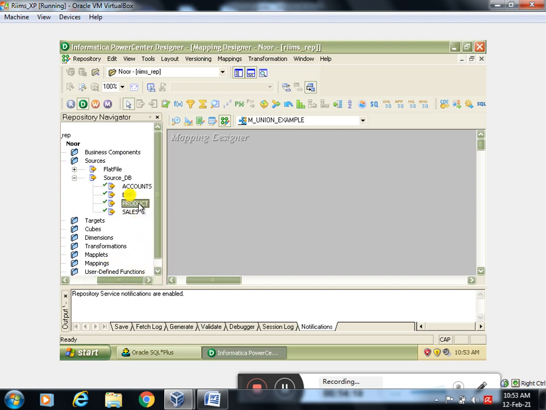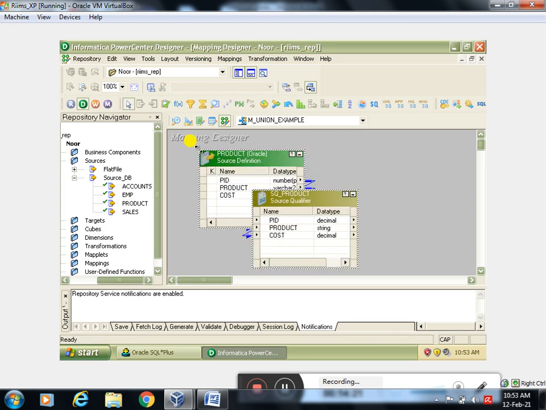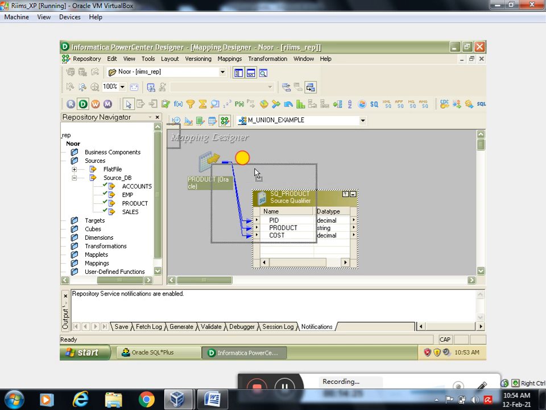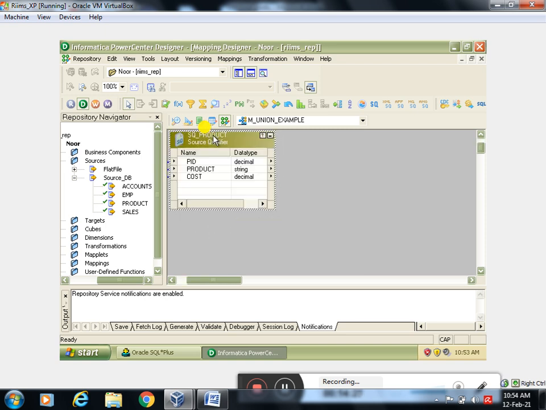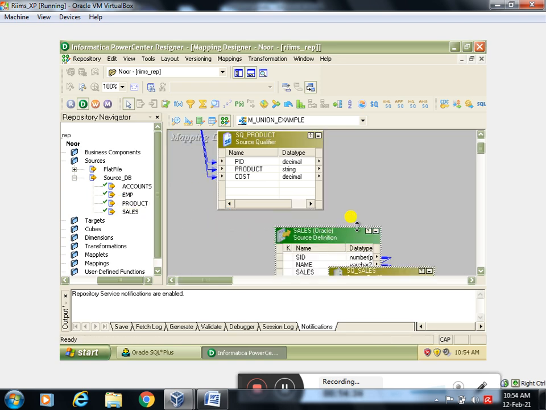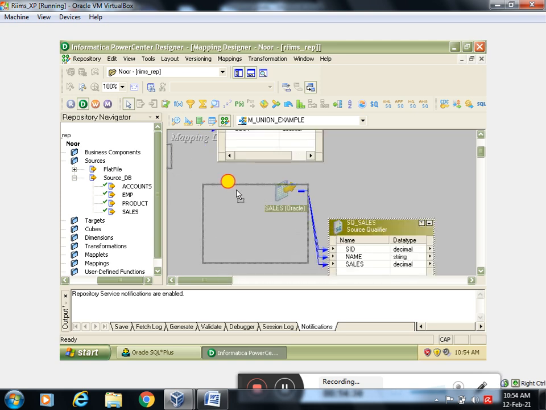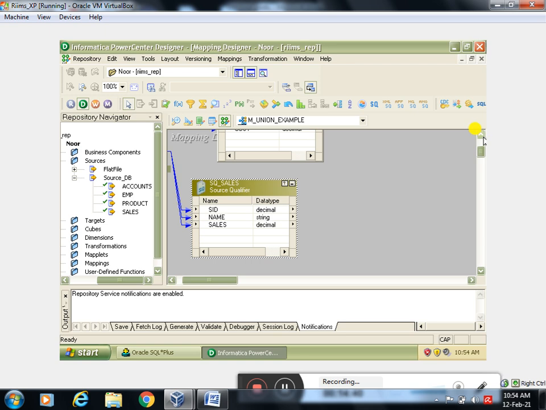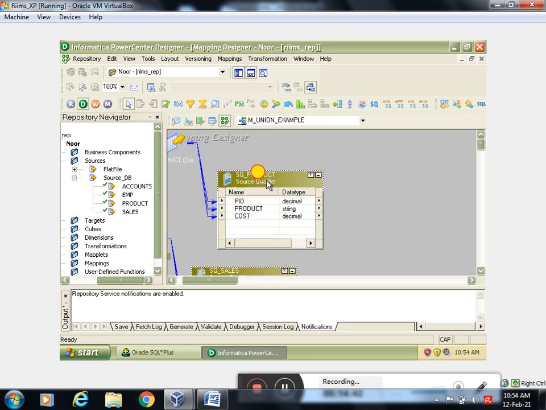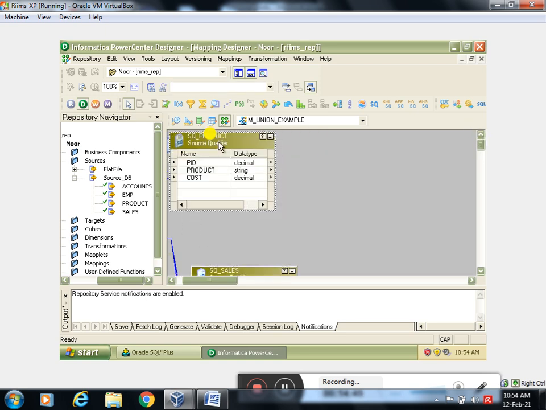So these 2 tables, first one product. I will minimize source definition and align like this, and my second table sales. You can arrange in any order, sales on top or product on top, no problem. So I aligned product on top and sales at the bottom.